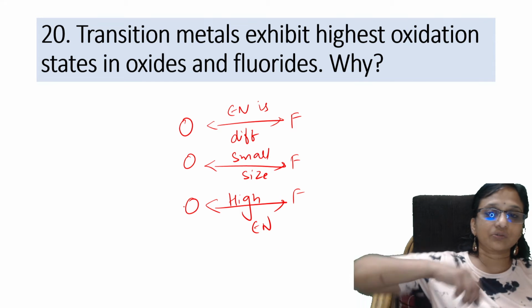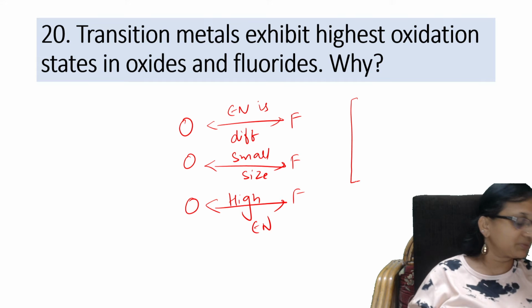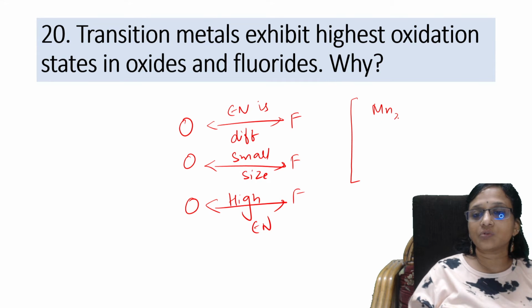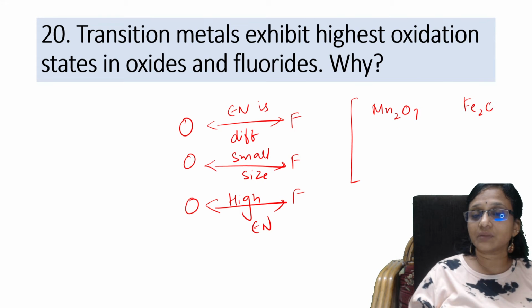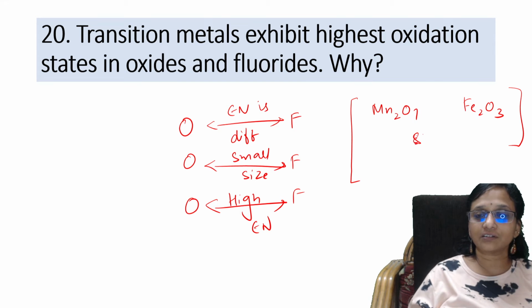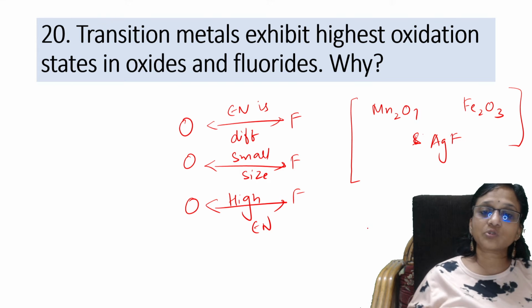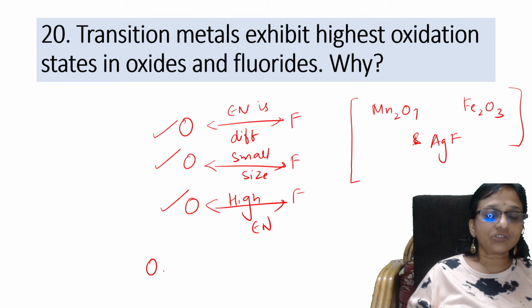So because of this, what will happen to the transition metals? They form compounds with oxygen, like Mn2O7 and Fe2O3, and with fluorine, like AgF. They try to form more compounds with these. Why? Because both have small electronegativity difference, small size, high electronegativity, and